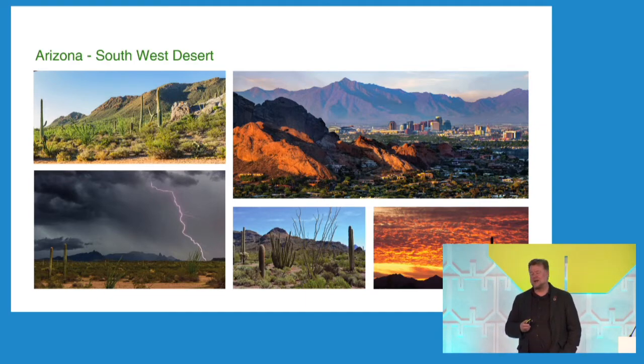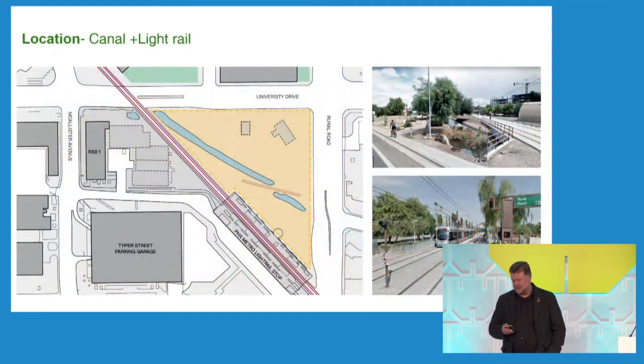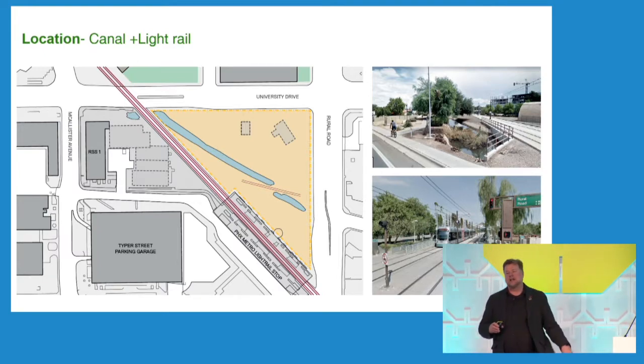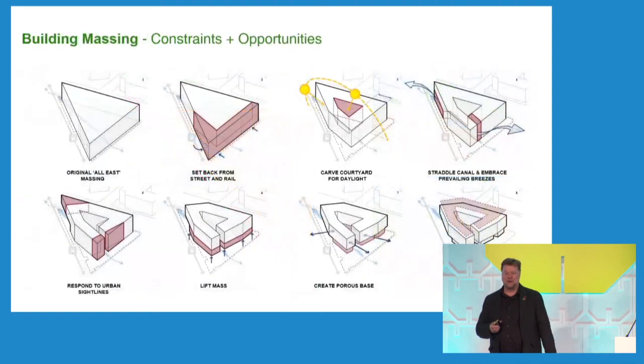So there's a canal that actually runs right through the middle of the site, and a light rail that borders the edge of the site. And so rather than seeing those as hurdles, see them as opportunities. So we looked at the massing of the building, carved it up, thought about the circulation, put the circulation in what you might normally think of as an atrium, a fairly traditional way, but then lifted the whole building off the ground to allow the ground plane to sweep through and connect it to the whole campus.